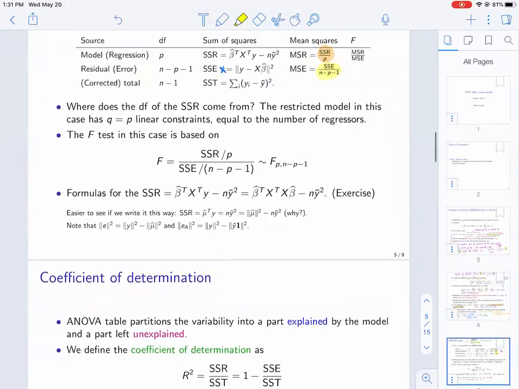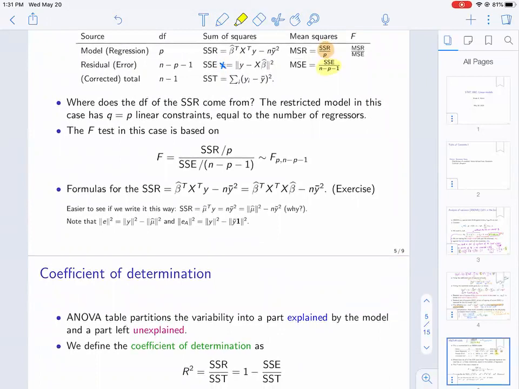Okay, so there are some other formulas which, in homework problems or as an exercise, maybe I've assigned it, maybe not, are different ways that you can write the SSR, and you just have to use the properties. For example, one of the properties is that E is orthogonal to X beta hat, or mu. This is from the linear projection idea. So for example, if I write y minus E squared,